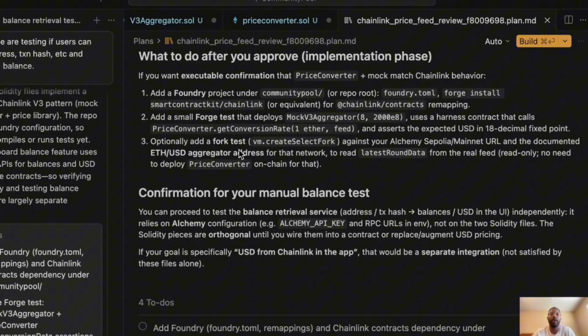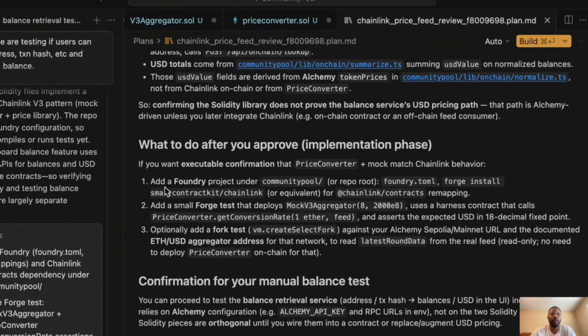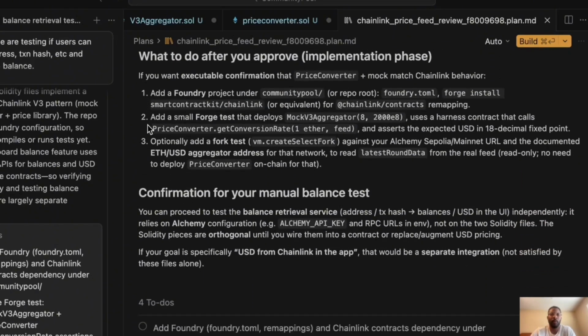And so I'm going to let the agent do all of these things, and then I'm going to come back and go to the dashboard and see if we can actually get a balance from a crypto address. And so our agent recommends a few things before we start building. It recommends that we use Foundry. And basically Foundry